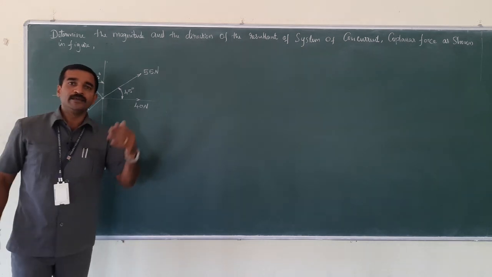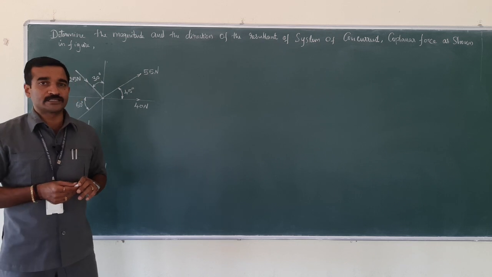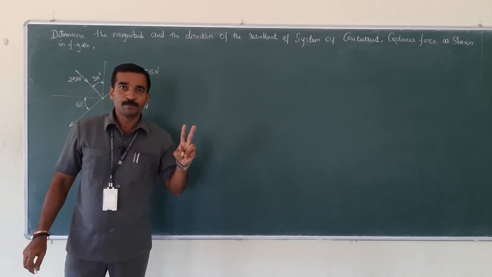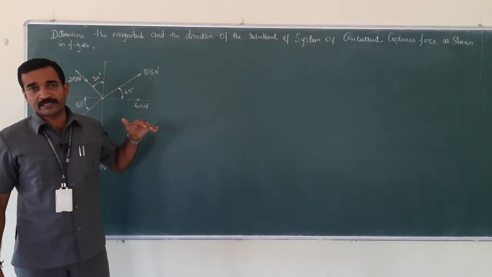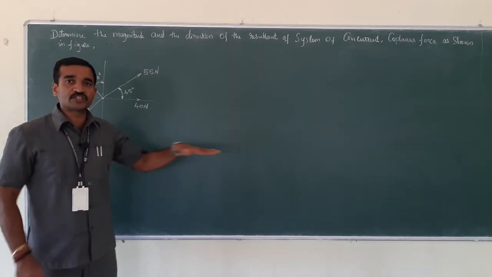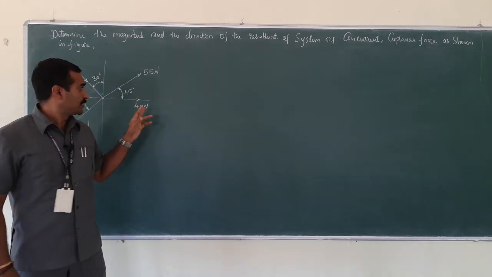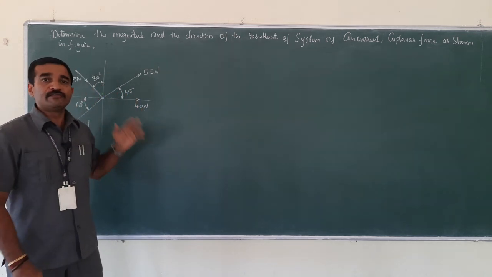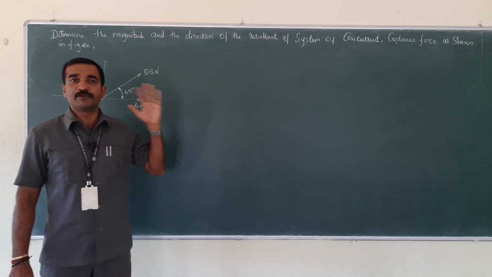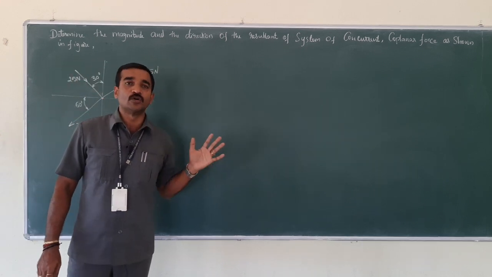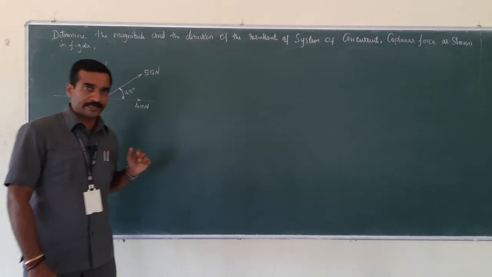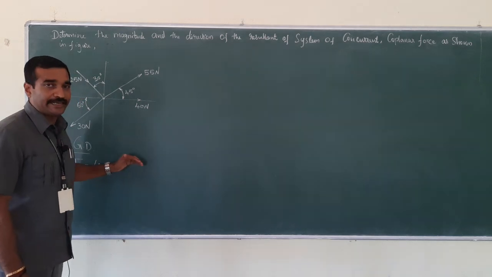As I taught you in the introduction video of resolution of forces, when the force is acting horizontally, you need not consider 2 components, because cos 0 is 1 and sin 0 is 0. The same magnitude you can consider as horizontal. If the force is acting vertically, then also you need not consider 2 components. Only the vertical alone is sufficient, because sin 90 is 1 and cos 90 is 0. So the magnitude of that particular force will be only the vertical force. Got it? So you need not consider the angle.